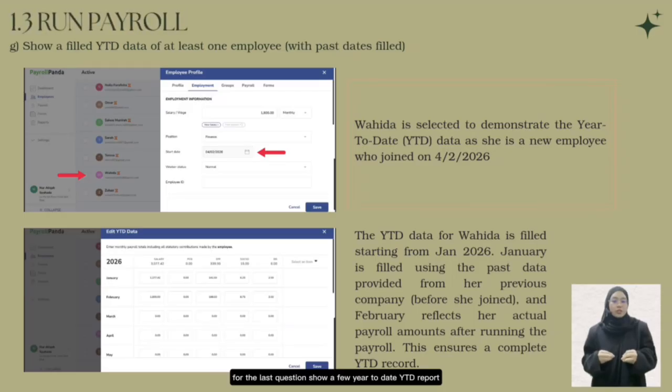activities for each month. For the last question, show a full year-to-date YTD record for at least one employee with past date field. Wahida is selected to demonstrate the YTD data because she is a new employee who joined on 4 February 2026. To edit the YTD data, we first go to the employee section in the menu and select